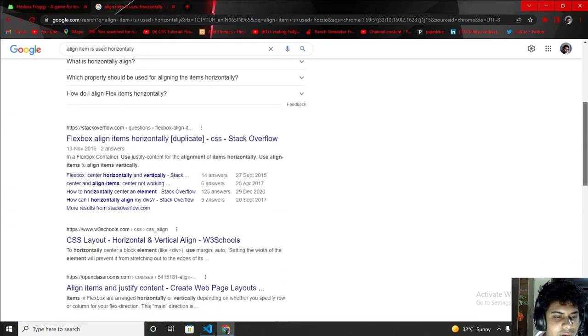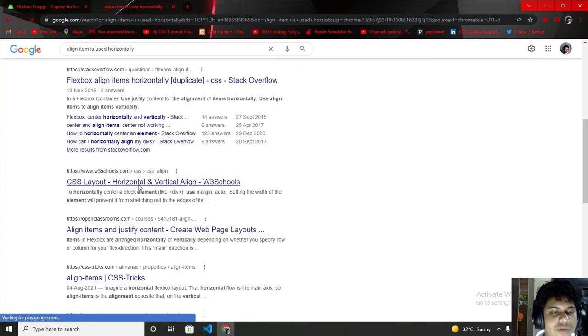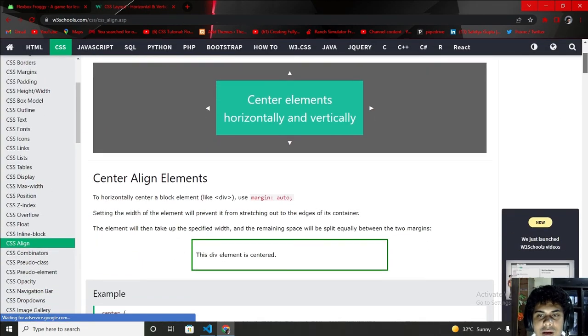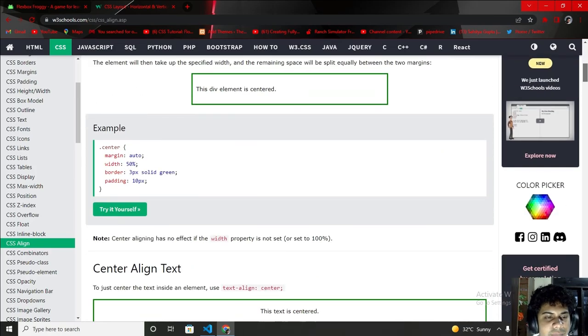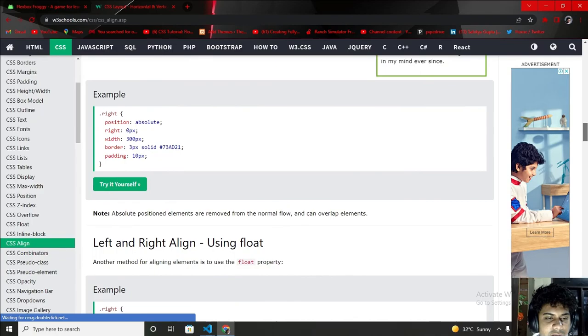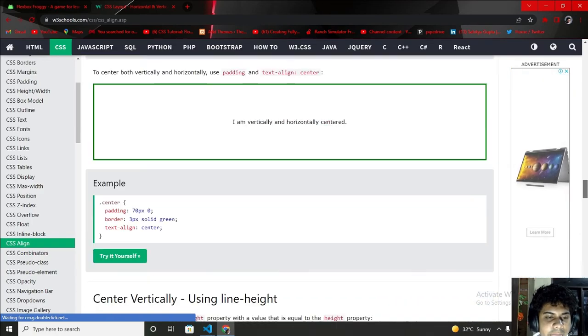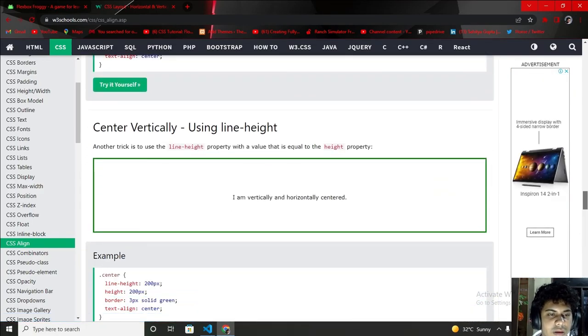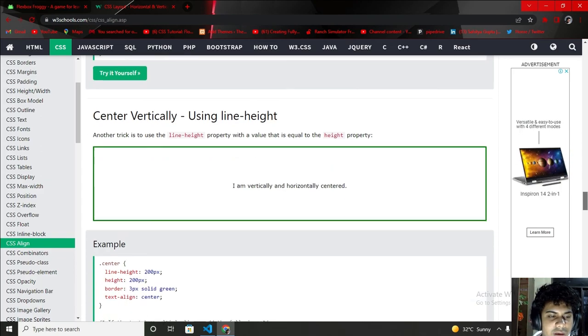There is a website known as W3Schools. Yeah, this is that website. So let me read out where the align items is. Center vertically using align.